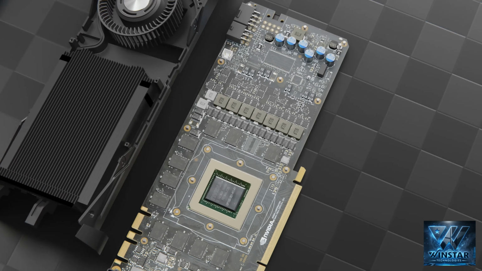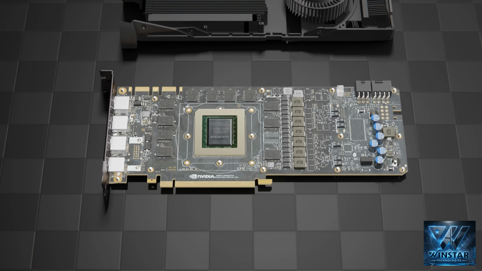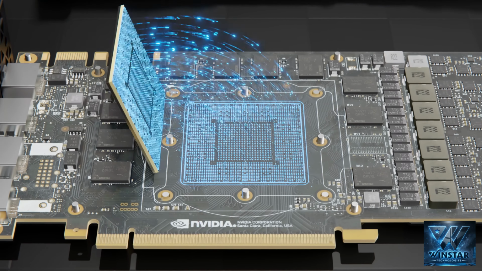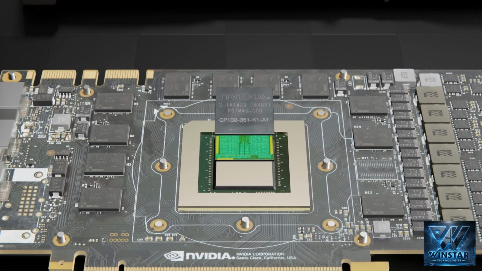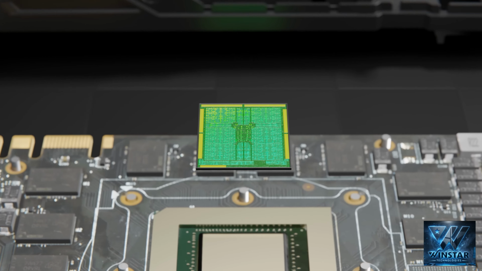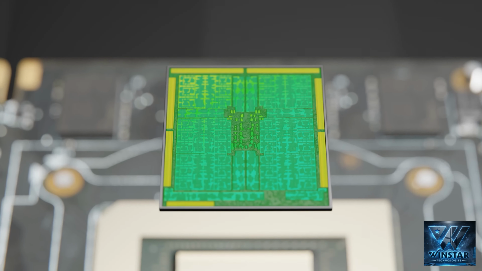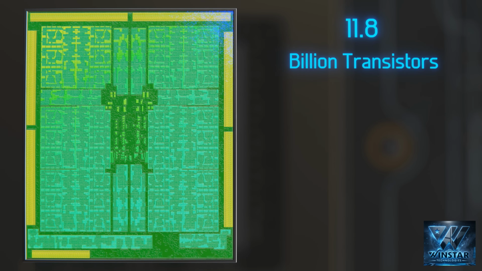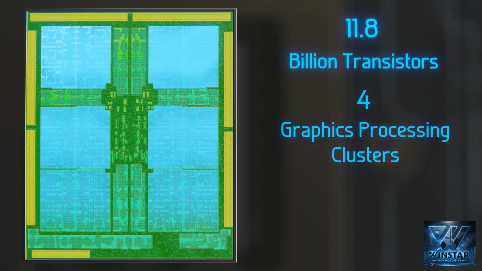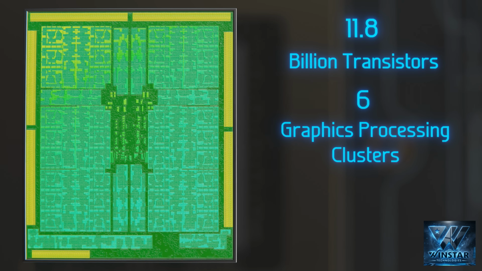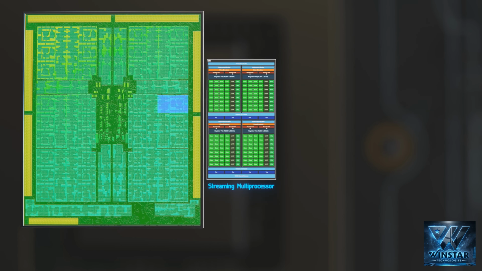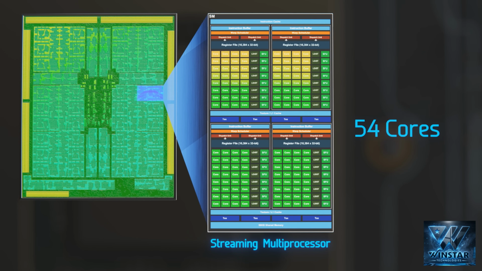Let's focus on the GPU integrated circuit, which, similar to the CPU, has more than 1,000 solder pads that connect to the PCB. Opening the packaging, we find the GPU die, which is noticeably different from the CPU. In here are approximately 11.8 billion transistors organized into 6 graphics processing clusters, totaling 28 streaming multiprocessors. Each streaming multiprocessor is composed of 128 cores, resulting in a total of